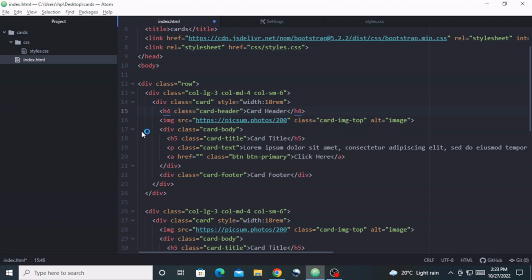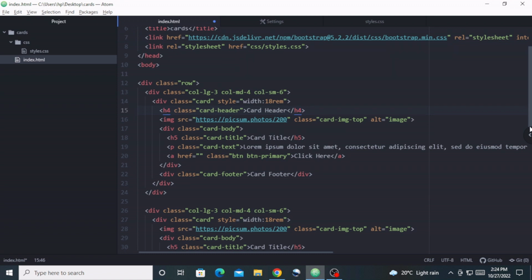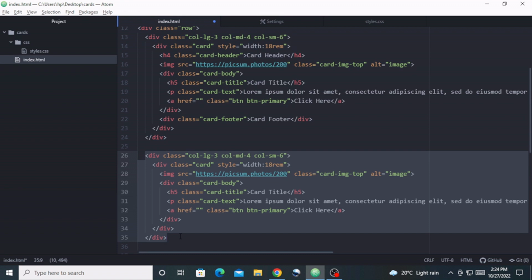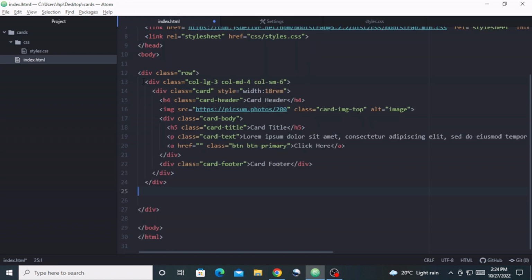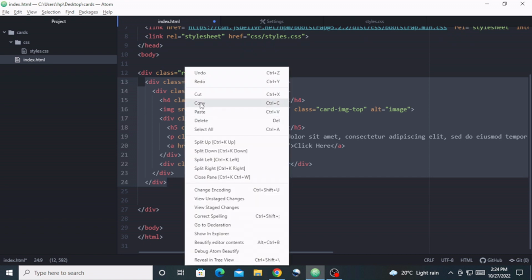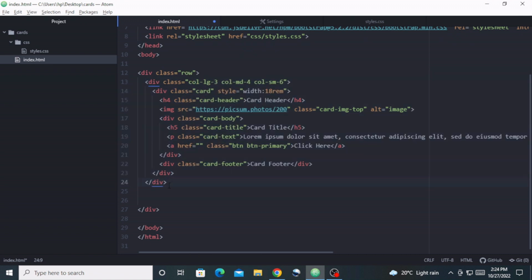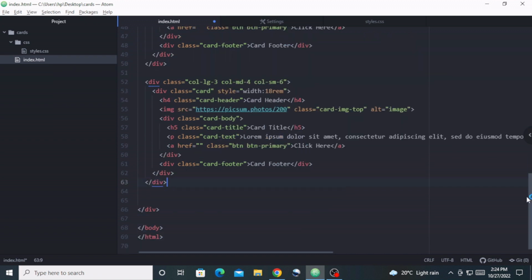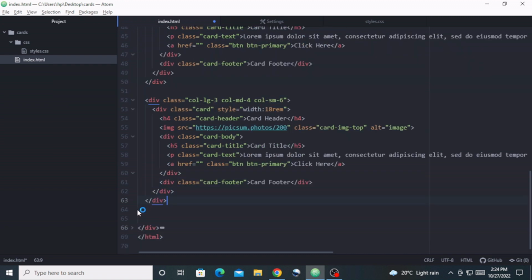Level 4 heading. And then to ensure that there is consistency, I am going to delete all these other cards, and then copy this card and paste it 3 times so that we once again have 4 copies, like we did. So we once again now have 4 copies. Let me just make sure that everything is well indented here,